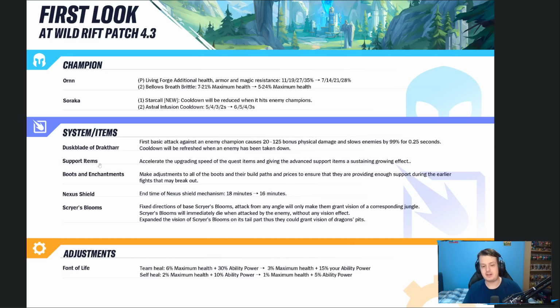Support items accelerate the upgrading speed of the quest items, and give the advanced support items a sustaining growing effect. Now we obviously knew this already, again, from Chose's video from the PBE, but if you don't know, they're basically removing the second support item. So at the moment, in the current state of the game, you start off with your Relic Shield. You then farm 500 gold, or you just last hit, or you just gain 500 gold passively, and then it upgrades